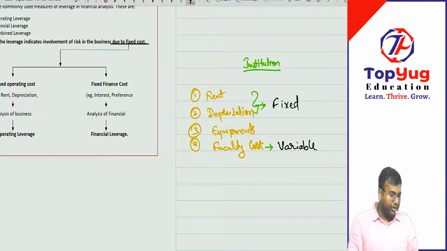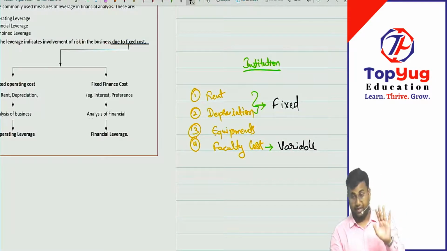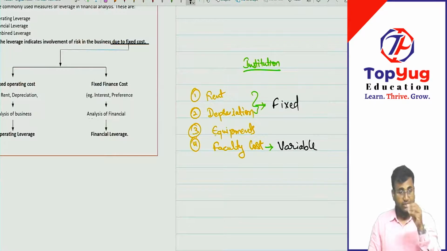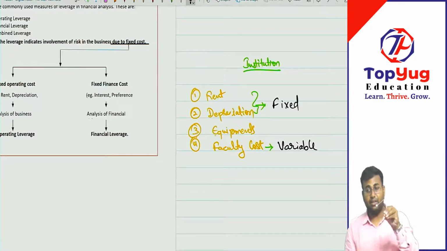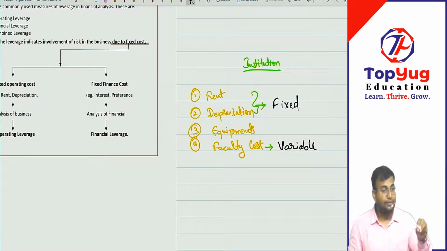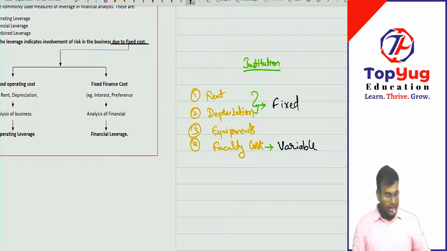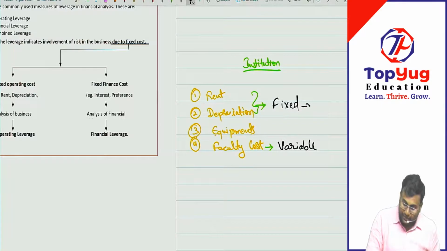Now, very important question again. Further, I am just saying, I don't know whether you understand the word fixed or variable, but just for your understanding, fixed is something which you don't have an option, which you cannot avoid. As an institution, it is